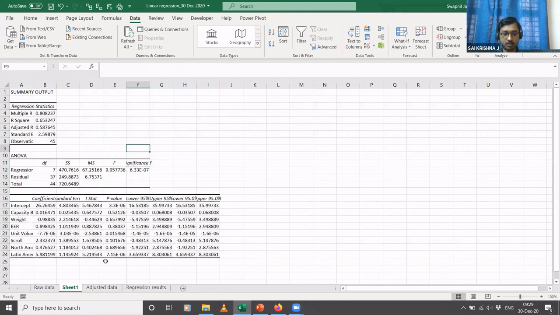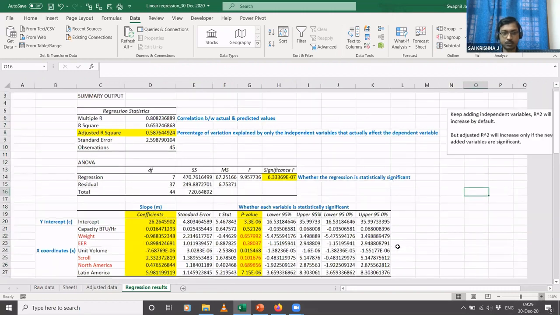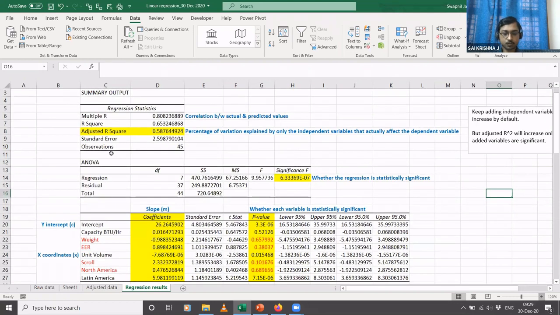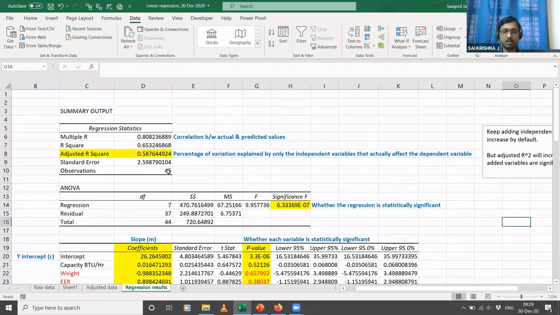Okay, now let me go to another version of the same results. I've done some markings over there. So this is what the regression output looks like. Okay. Now, though the output looks a bit overwhelming, there are only certain parameters that you need to take note of. Okay, so whatever is important or whatever we look for after we do the linear regression, that is what I have highlighted over here.